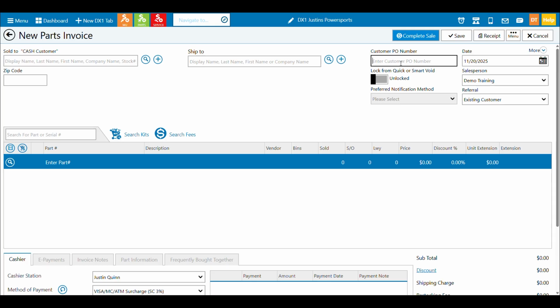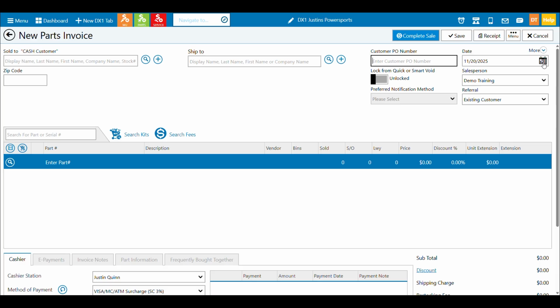We have a PO number field. A PO is where you can come in to enter exactly that, a PO number from one of your customers. Maybe there's another dealership purchasing from you, a third party retailer. I've worked with government entities that have PO numbers. So when people come in and purchase, there's a reference. So this is where you could enter that PO number, and that PO number can be searchable later. It's in the header of the invoices and other information that we have.